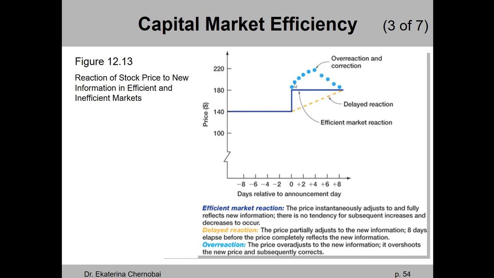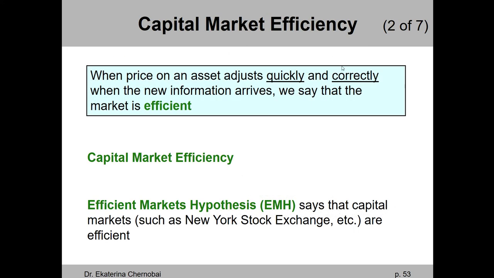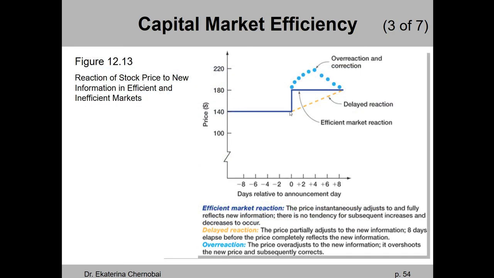What about the dotted blue line? It's inefficient because it overreacts. It does not adjust correctly. And remember, adjusting correctly is half of how we define efficiency in finance. So it does adjust right away, but people overreact. They interpret the news as something being way too good. They're paying way too high a price, and then they realize it's not worth it, and then the price goes down